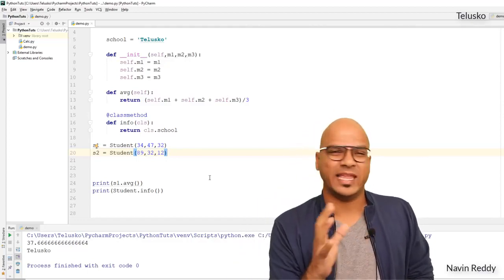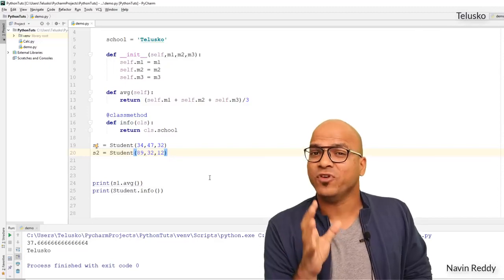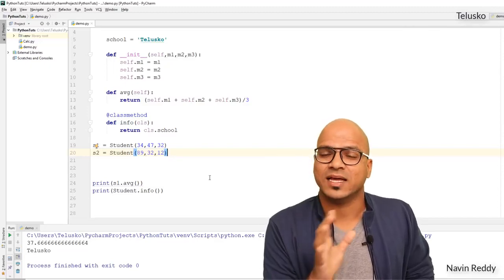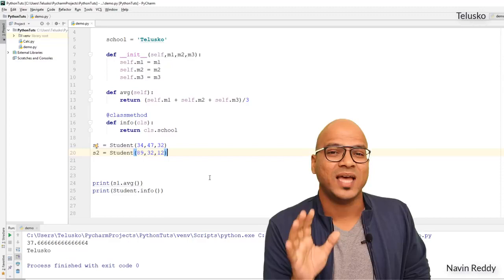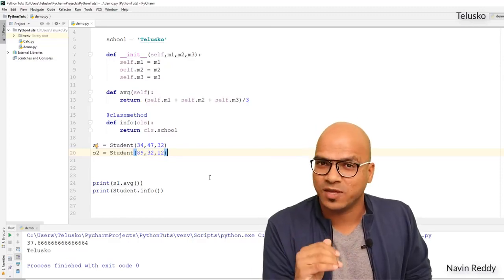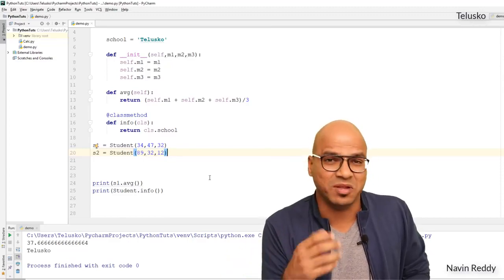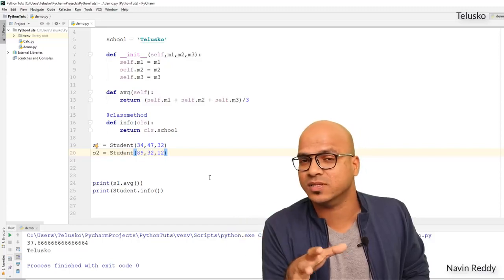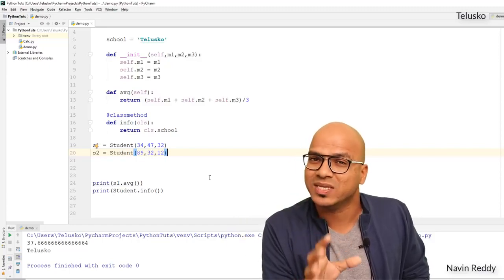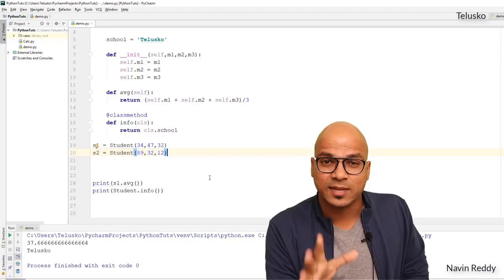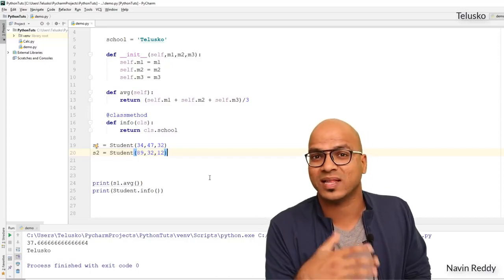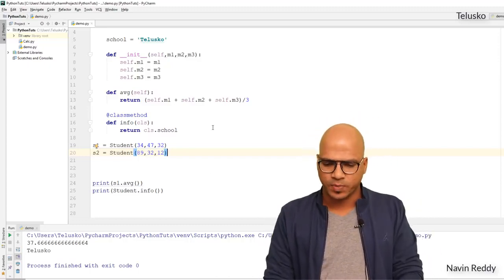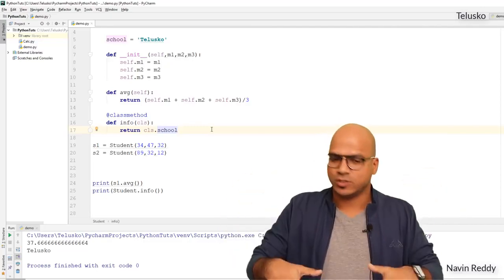Let's say you want a method, okay? It doesn't matter what method we want here. If you want a method which has nothing to do with instance variables, which has nothing to do with class variables, where we want to do something extra, something different which is not concerned with the variables, at that time you will be using a static method, because we are not concerned about instance variables or class variables. For example, let's say I want to print the info about this class, okay,